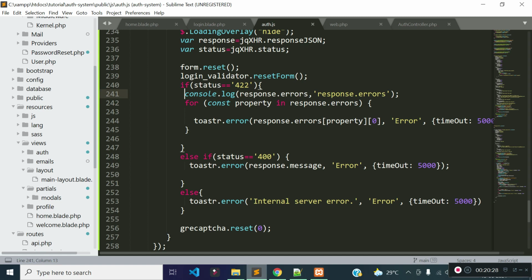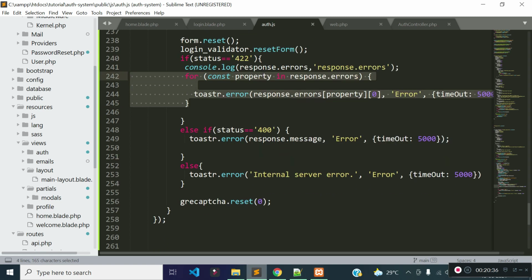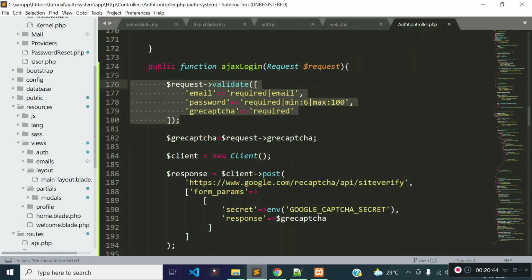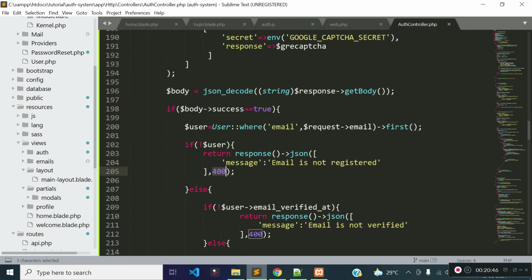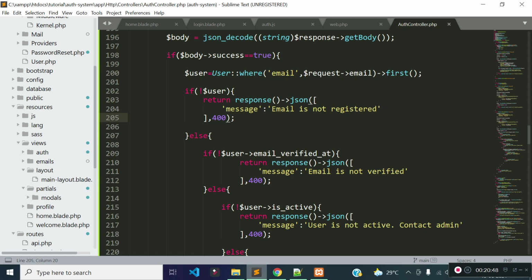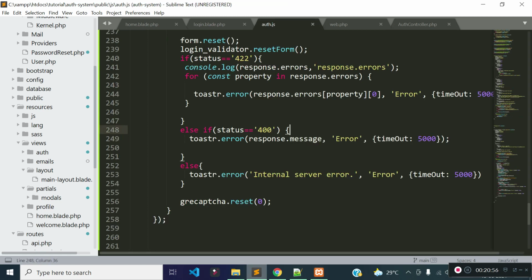So if there is a 422 status, we will check what we are getting and how we are displaying the error messages here. And if we are getting a 400 status code, then we are displaying the response.message, because we are returning a message every time with a 400 status code.